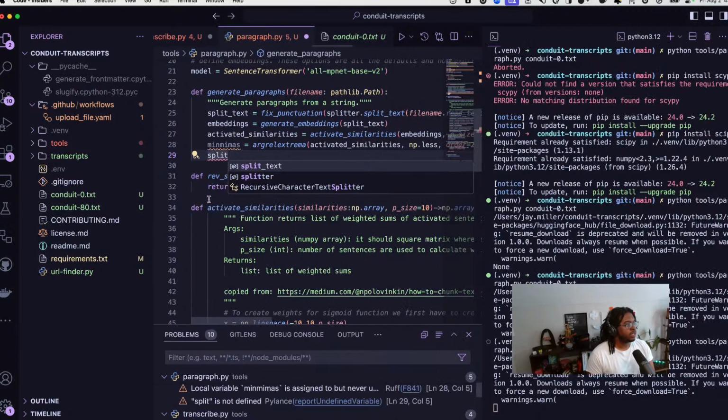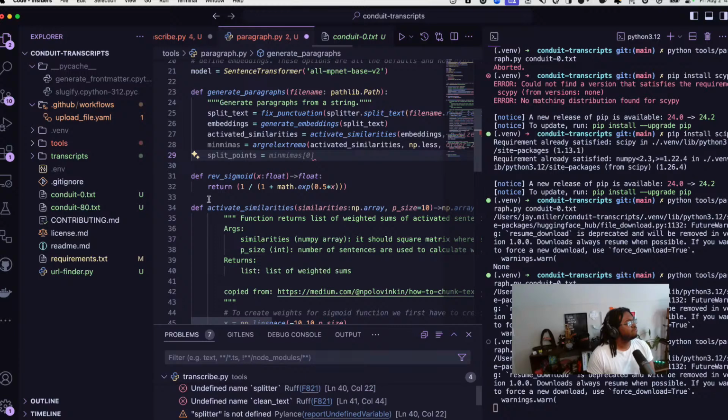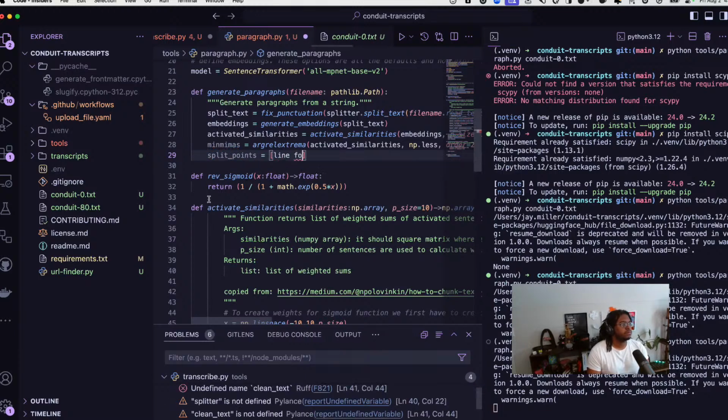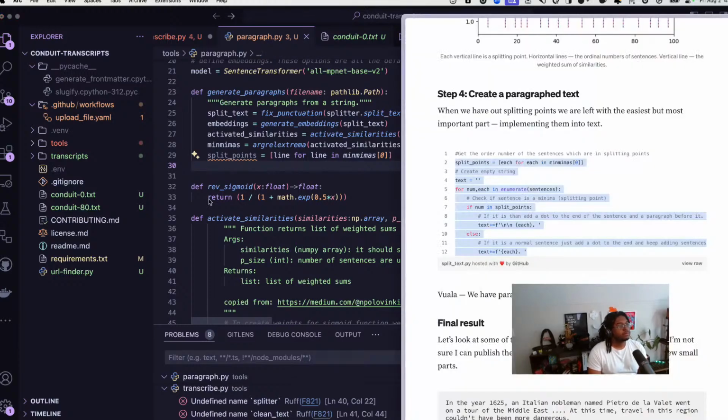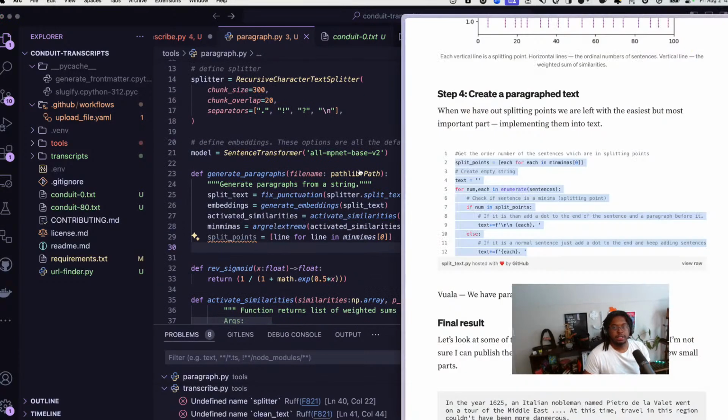All right, so then we say split points are, and they're doing this in split text. So then we would just say